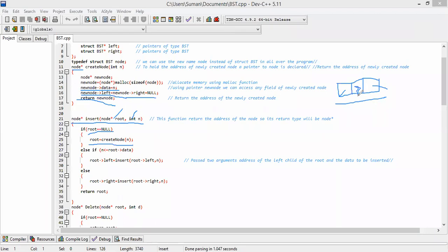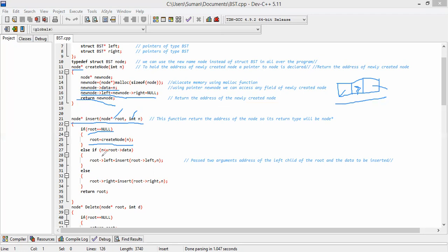So in the root, the node will be created first, and that node will be the root.